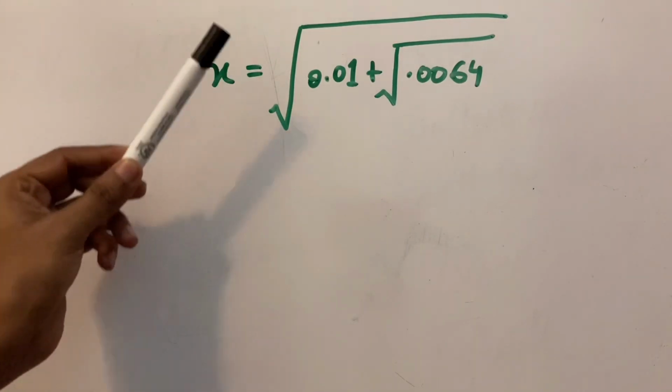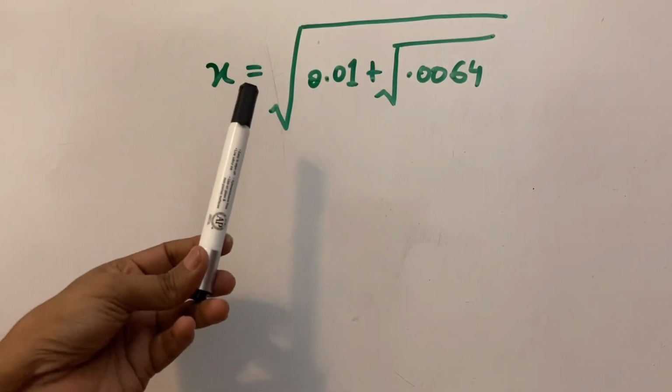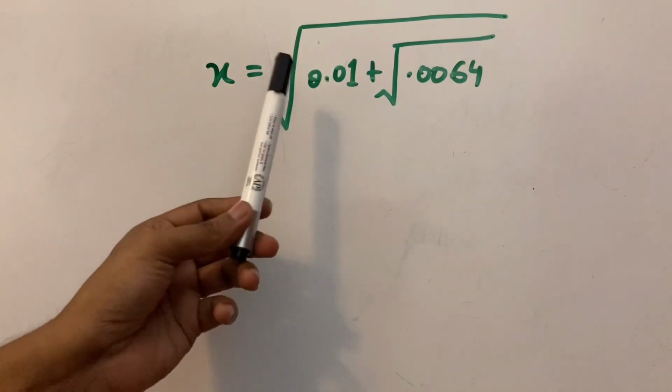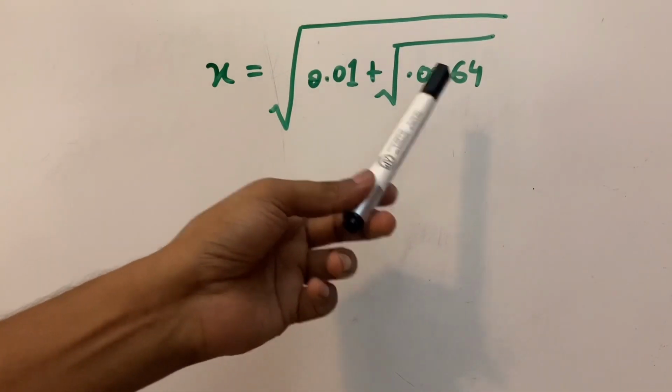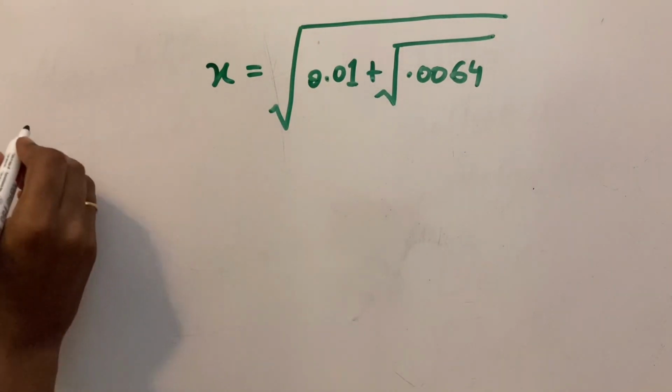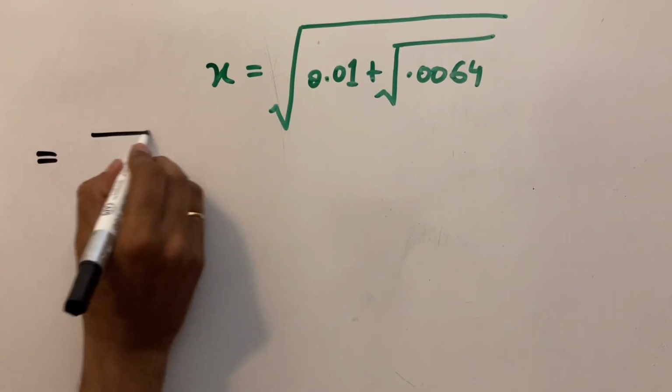This is a typical square root problem where we have to find the value of square root 0.01 plus square root 0.0064. So this can be solved as square root